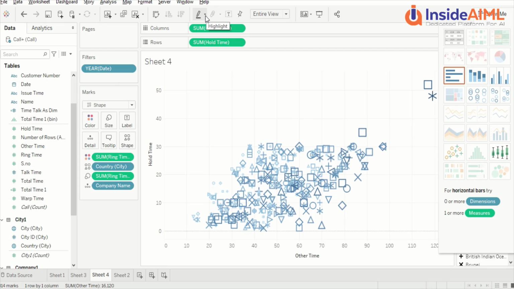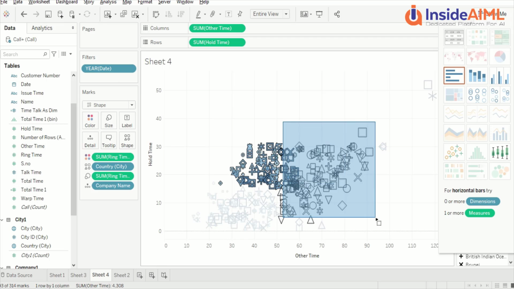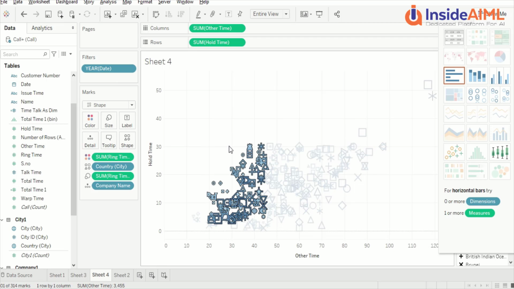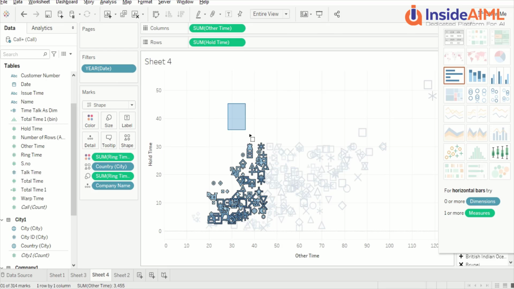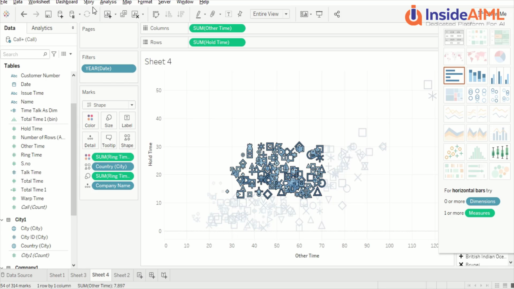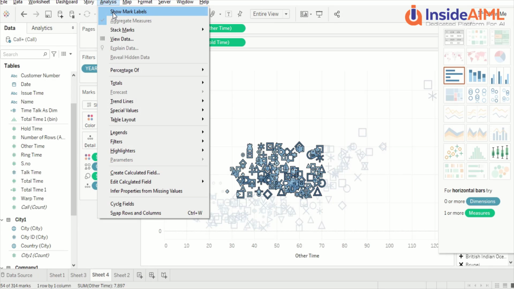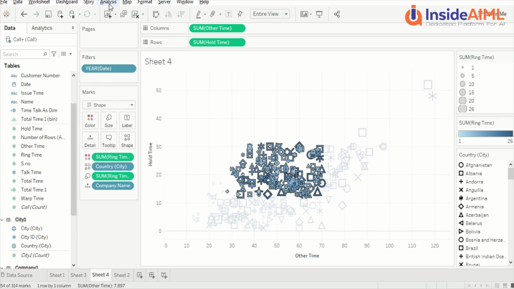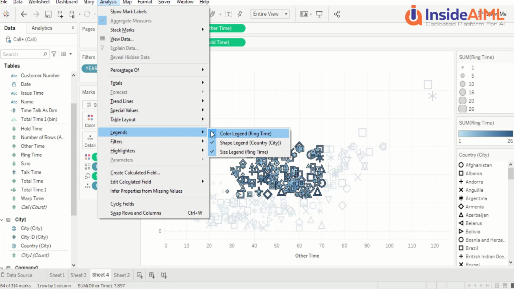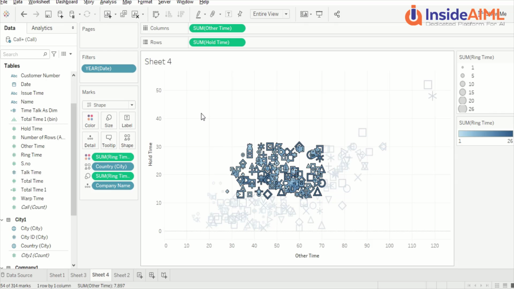Now we have this highlighter. Let's click on this one. Okay, so we can use it. Now let's look at there is something which we can use, show mark labels and all those. I don't think table layout, special, filter, legends. So right now I think we are displaying legends here, and if I go here, analysis and legends, and then say color legend, this legend, shape legends, and if I uncheck one of them, that goes away. So it's your wish, whatever you wanted to keep, you can actually keep those.